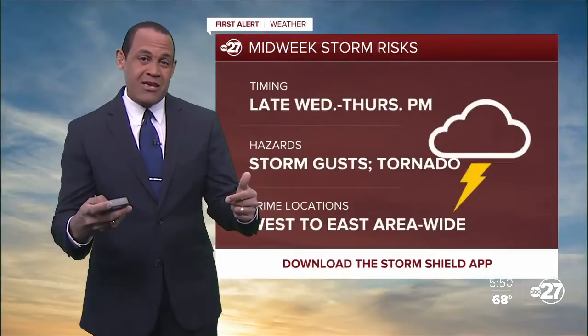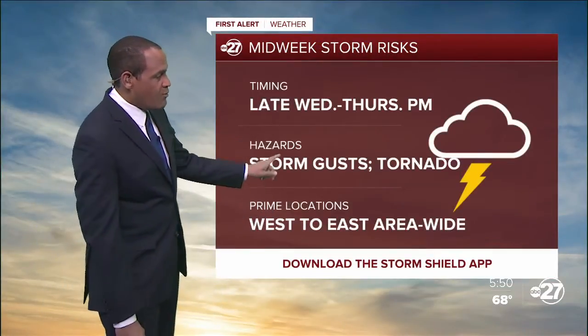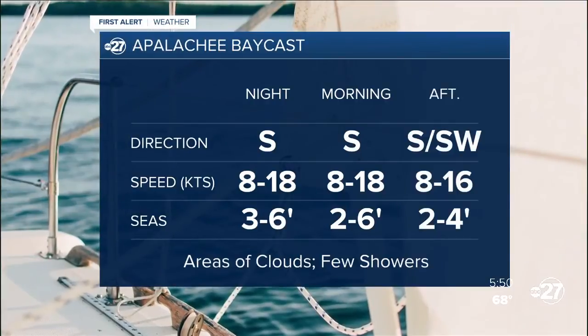So that's where we have to keep our eyes and ears open and that first alert up for those thunderstorms, which can contain some gustier winds and perhaps even an outside chance for a tornado. We have a couple more days to fine-tune the details, and we'll certainly bring